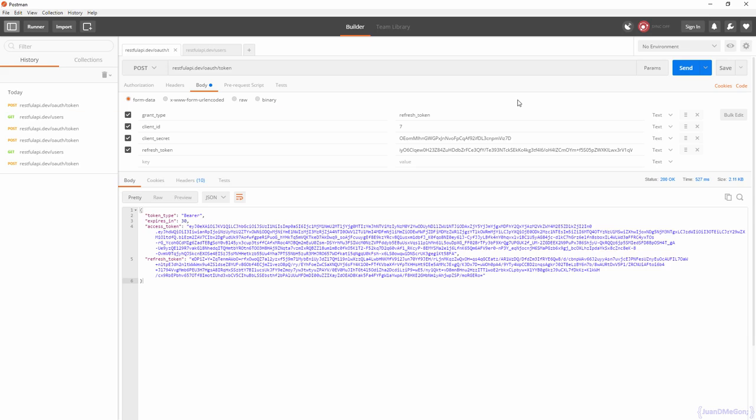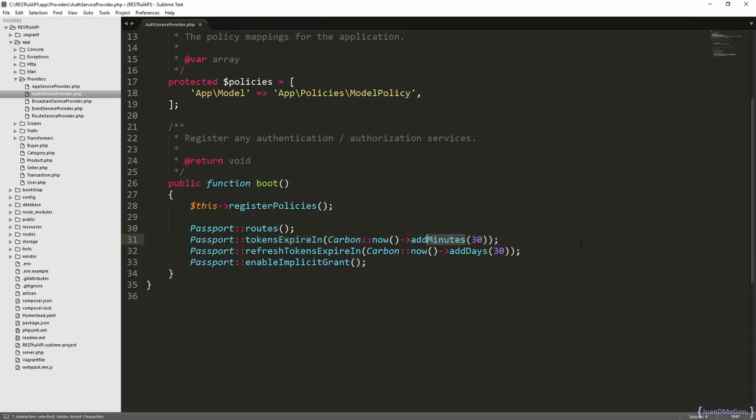So what we have to do is to change this time. Just use the time that you consider right. I'm going to use, as previously, 30 minutes, but you can use 3 hours or 24 hours or maybe 1 week or whatever you prefer. Of course, the bigger the time, the bigger the risk that you are assuming with the access token. So please try to use values that are reasonable. Once we have this,